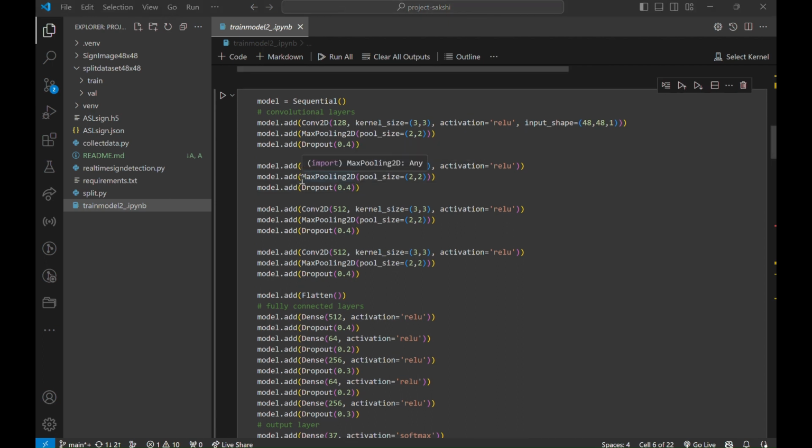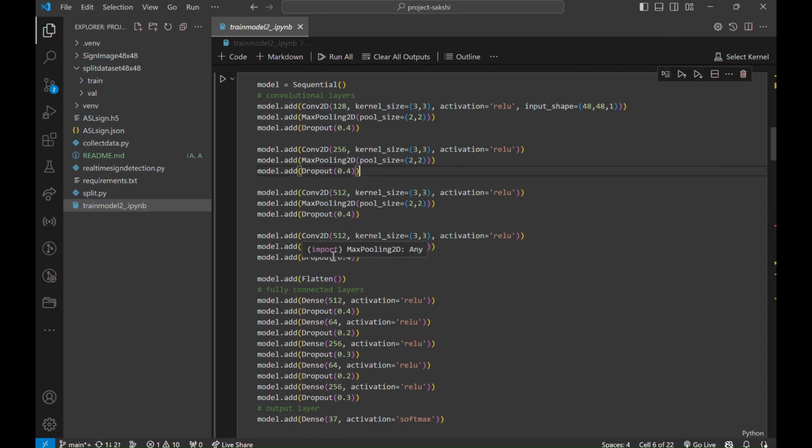Then you can see this max pooling 2D, which is a layer which downsamples the input representation, meaning it reduces its dimensionality, and it is applied with a 2 by 2 window size after each convolutional layer. You can see here, first we have the convolutional layer, then we have used the max pooling layer. Here you can see the convolutional layer and then the max pooling layer. So we have used 4 convolutional and 4 max pool layers, and then we have used the dropout layers, which